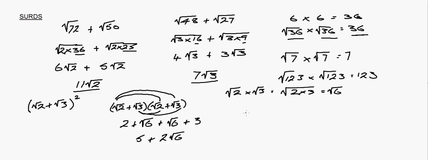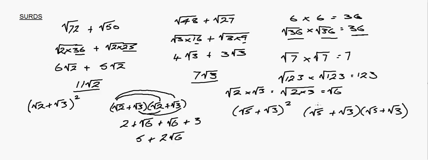So let's give you another one. Let's say we've got root 5 plus root 3, and it's all squared. So I rewrite this as root 5 plus root 3 multiplied by root 5 plus root 3,